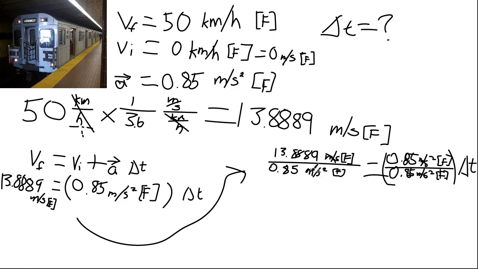So we divide by that on both sides, and we're left with seconds, so delta t equals